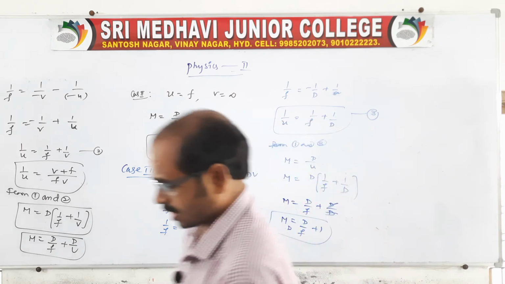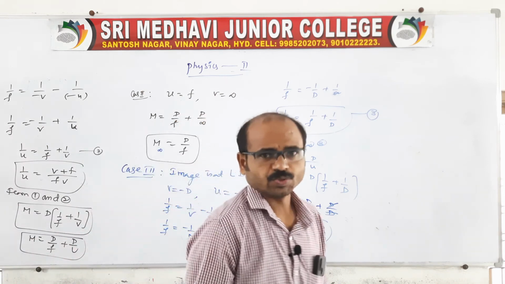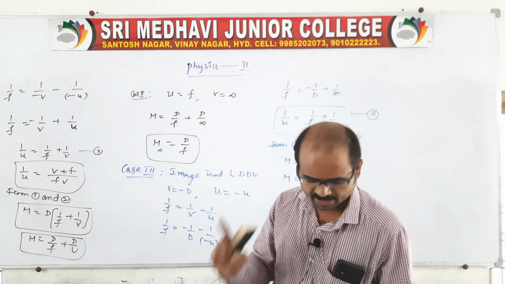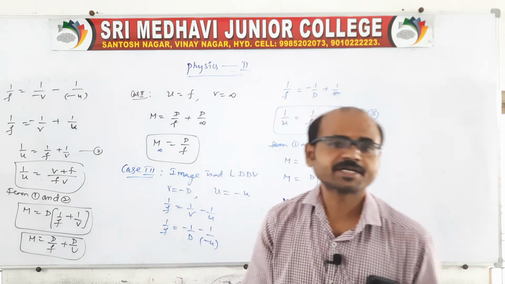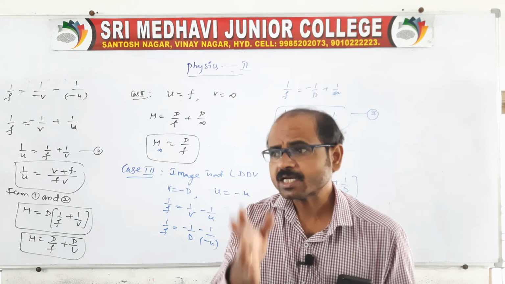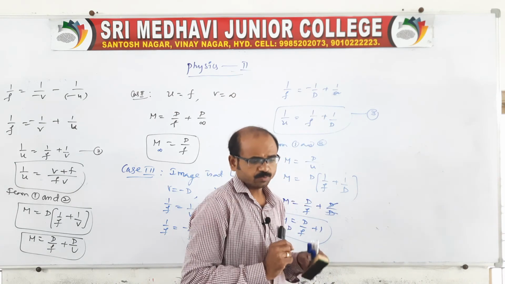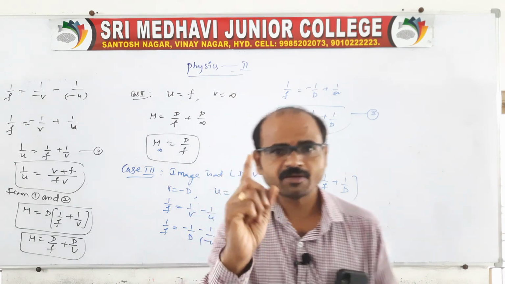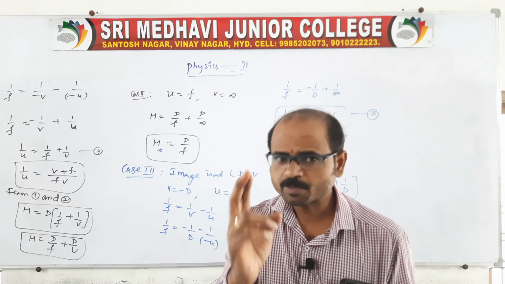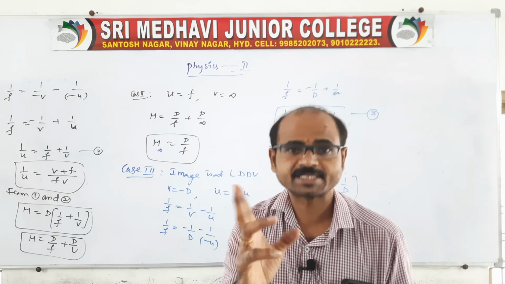Another microscope is also there, that is the compound microscope. So what is actually a compound microscope? I will tell you a little introduction, then we will continue in the next class. I will tell you the comparison between simple microscope and compound microscope. Simple consists of a single focal lens, and the compound microscope consists of 2 lenses.